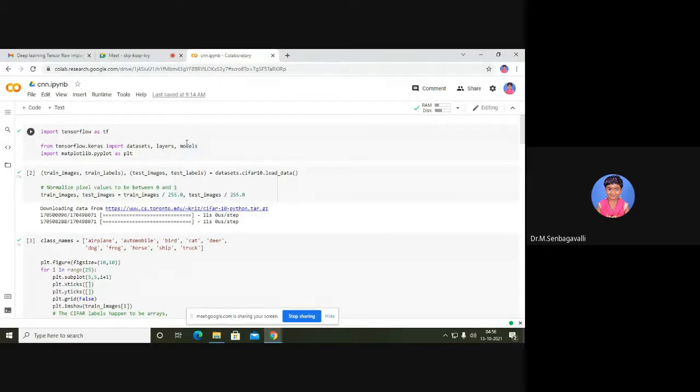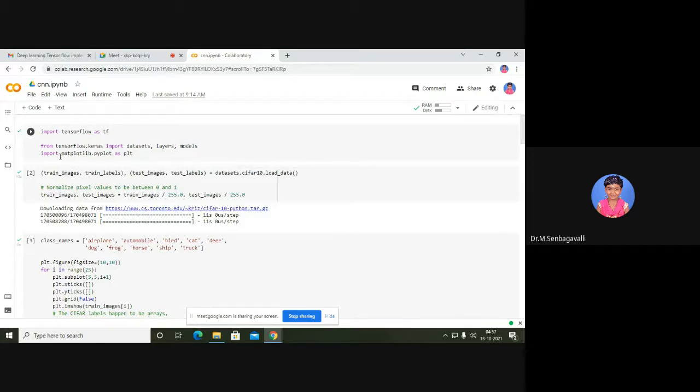When you are studying C, you will come to know that we have to include all the header files, such as include stdio.h, which means that with the help of header files only you can use the functions. In Python also, if you want to use some special features, you have to import them into our application. Then only can you access the functionalities of the particular classes. Like that, we are importing here.